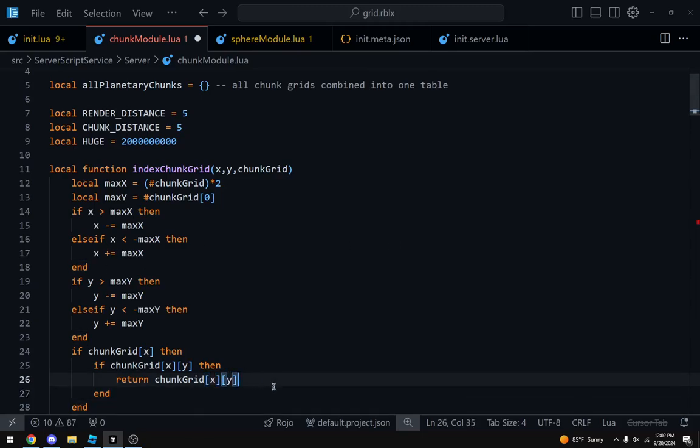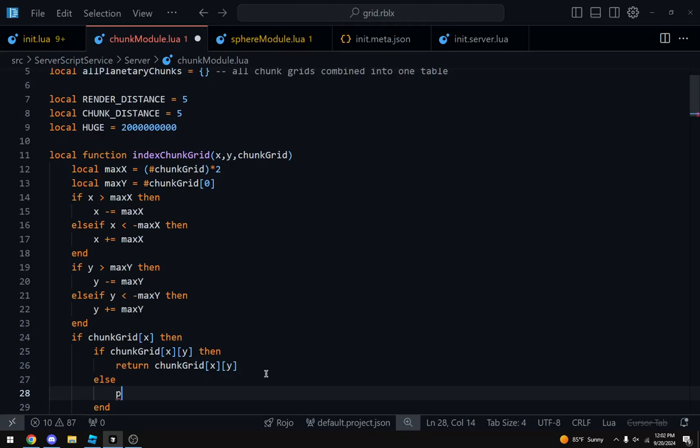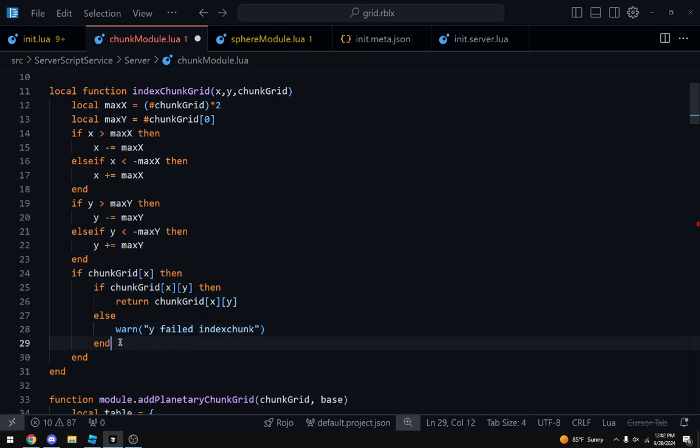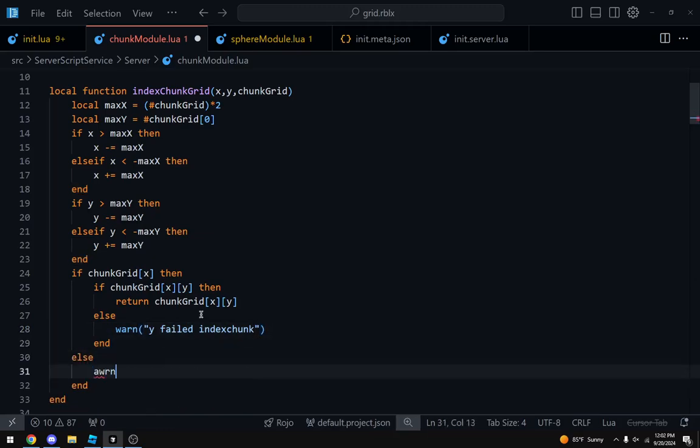And then for the else of both of these we can just else warn y failed index chunk, and for this we can just do else warn x failed index chunk.